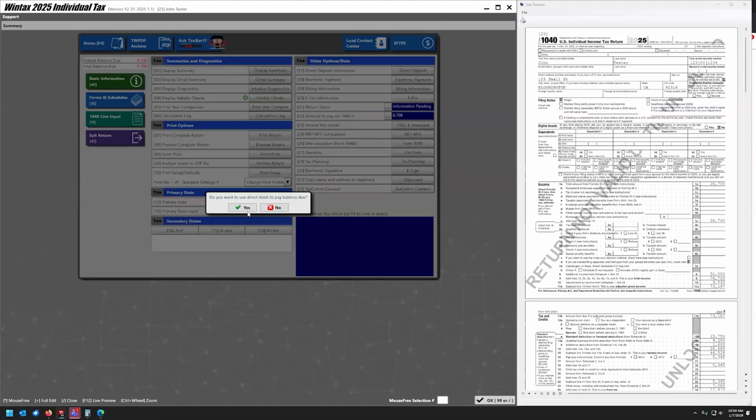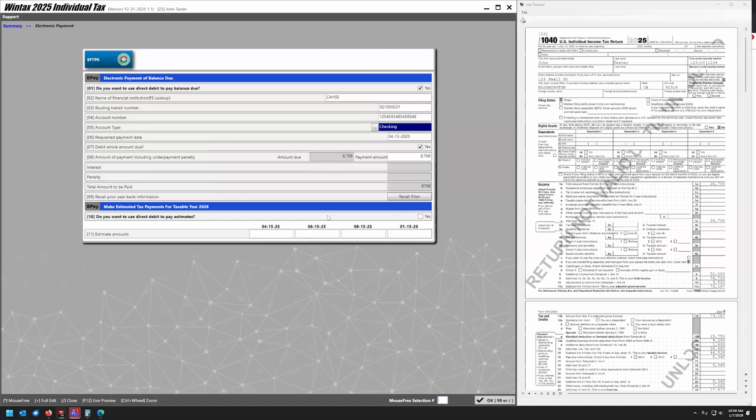Okay, so when you go in here, it's going to ask if you want to do a debit to pay the balance due. You click yes on this one. It's going to load their bank account in there because we've already put it in for the refund. Now, if for some reason you go into this screen and you don't want to go in there, you can, because what's going to happen is if you delete everything here, okay, you can delete everything,